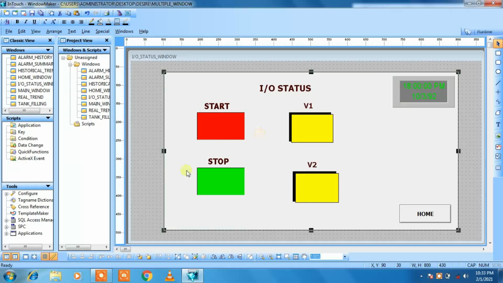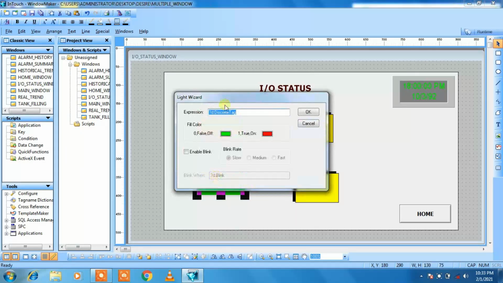Now we will do the same thing for the stop button. Give the expression as stop.